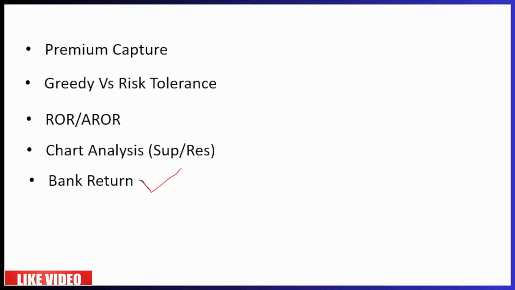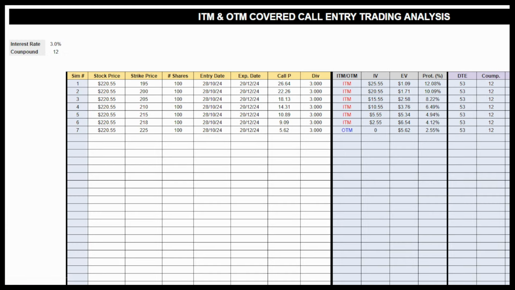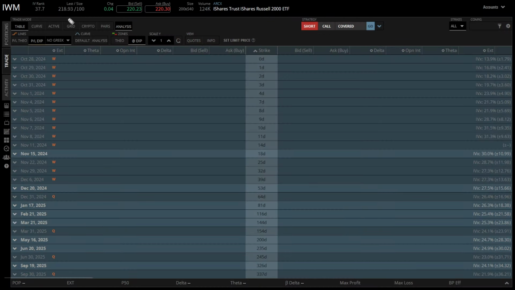So in our example, let me go back to my freebie, which is my spreadsheet. We're gonna simulate all the trading. In this case here, we're gonna use the IWM, okay? And why now? If I go back to TastyWorks, IWM is trading at roughly $218.93,